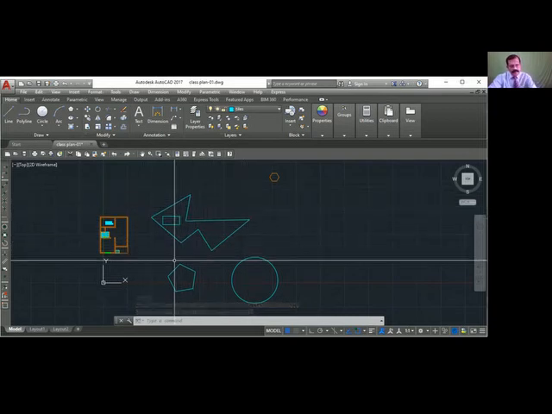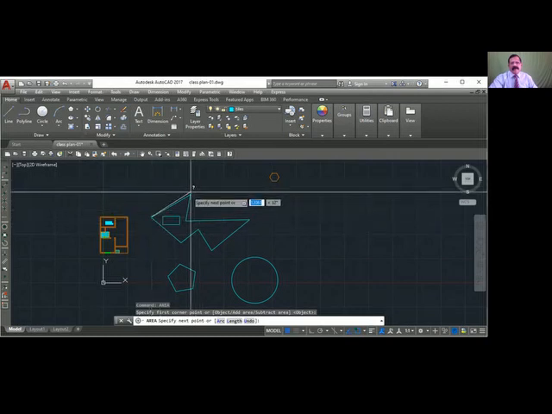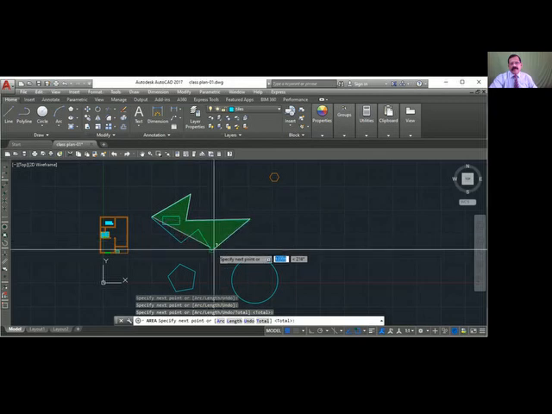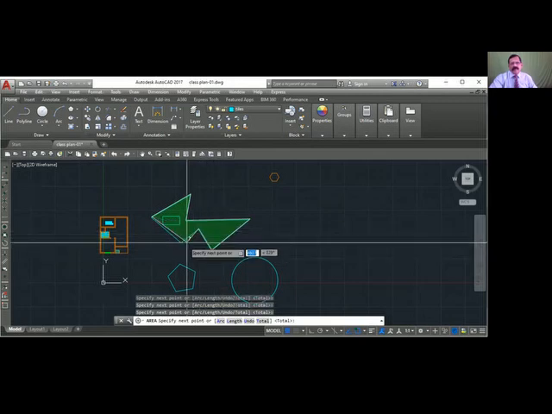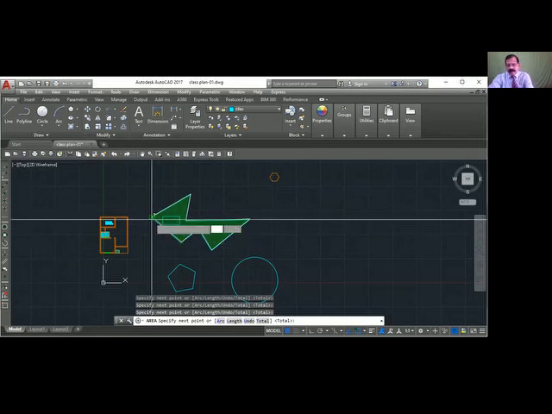Area. When you type area, show the first point. Keep your object snap on, intersection and endpoint on. Okay. Second point, third, fourth, fifth, sixth, seventh, and you have to show again the first point. Click, enter.